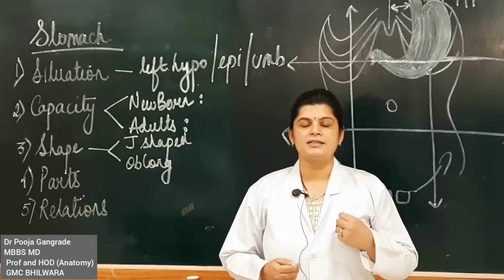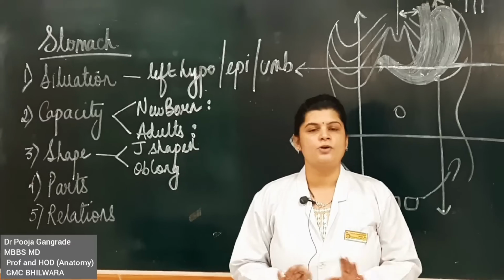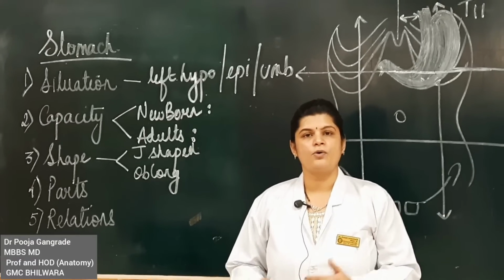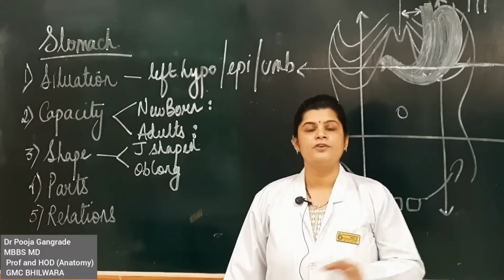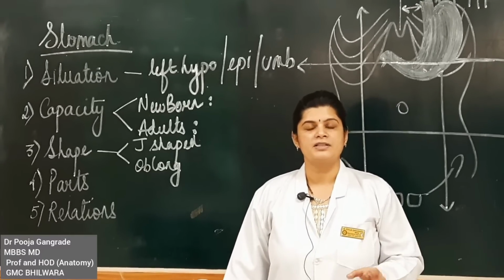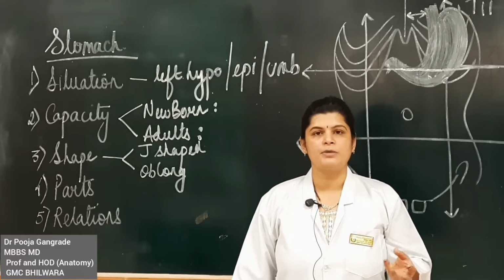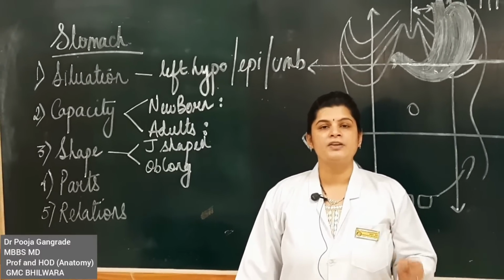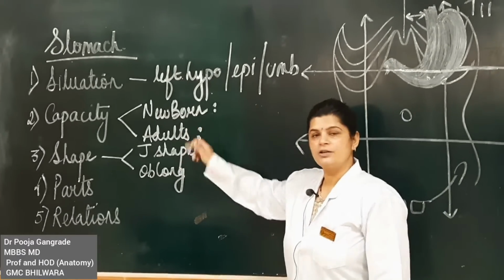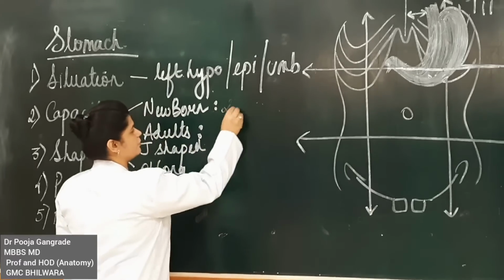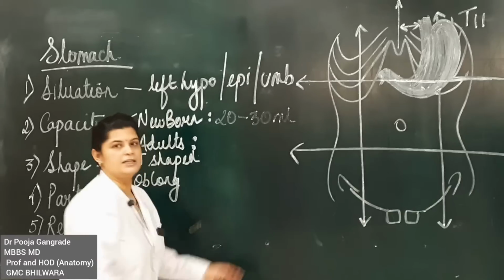It is not like us, we had a breakfast, a lunch or a dinner and we are done. It is not like adults. The young children or the newborn or the infants need to be fed at regular intervals of maybe around 1 hour or 2 hours, because their stomach capacity is only 20 to 30 ml. So therefore they need to be fed on a regular basis. So the capacity of a newborn is around 1 ounce, which is around 20 to 30 milliliters.